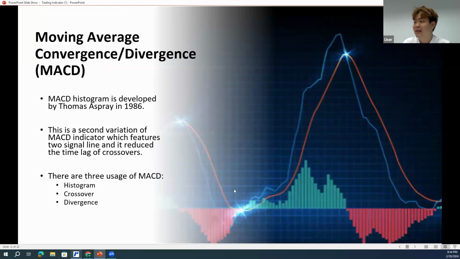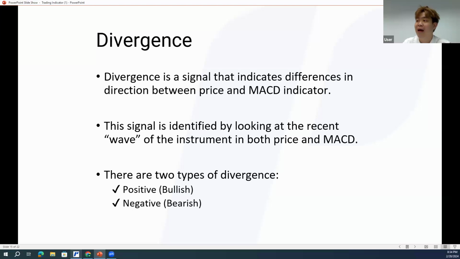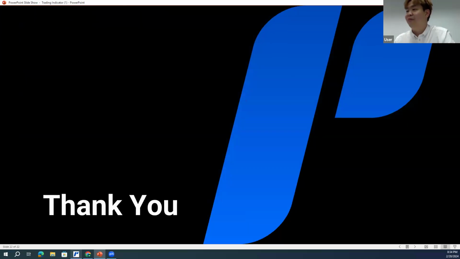Okay, MACD uses the histogram to determine the positive divergence as well as the negative divergence. So these are all the key indicators that we can learn, and then try to combine everything with the indicators along with candlestick patterns and fundamental analysis. So this is the end of our